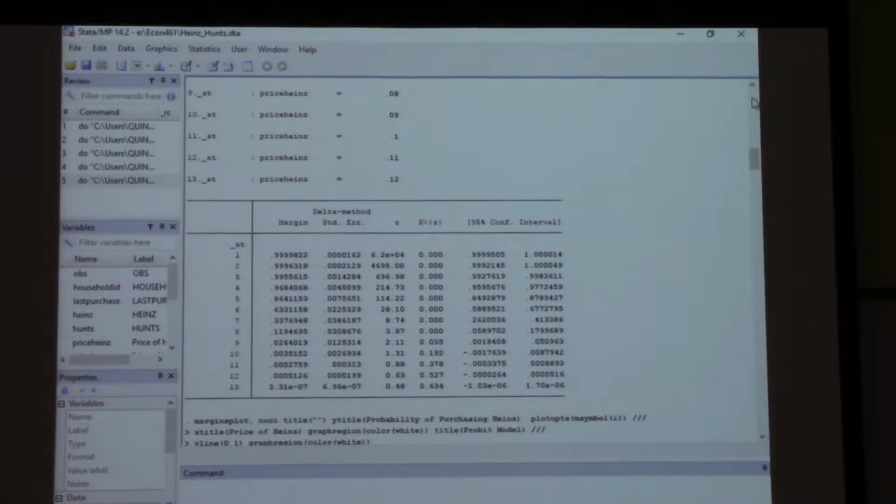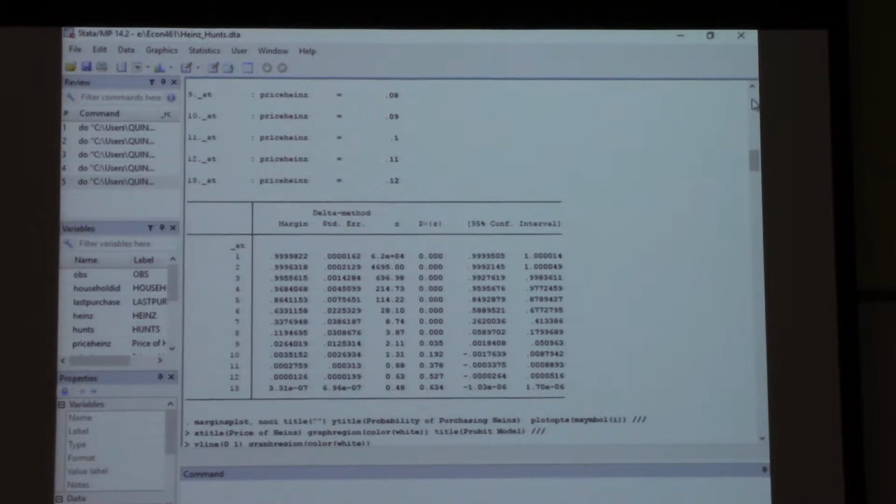We need to learn how to combine margins together. I want to take my probit, I want to take my logit, and I want to superimpose them, and I want a visual to see exactly what's the difference between these two things. Because I can't tell with that. So to do that, we're going to